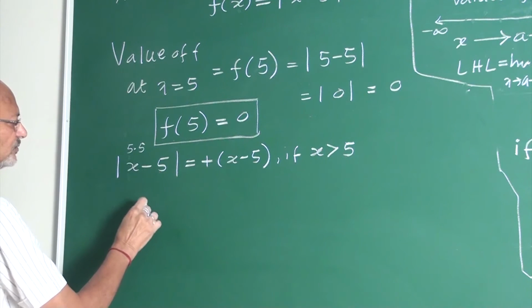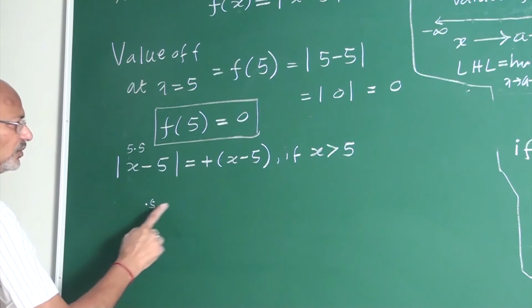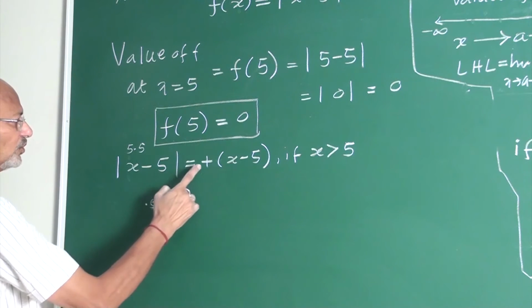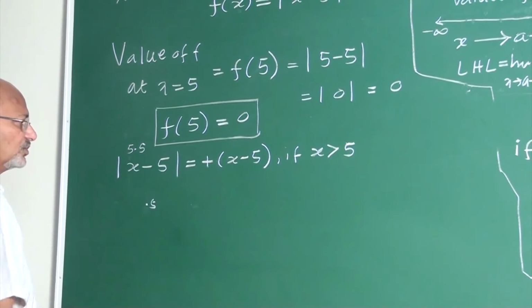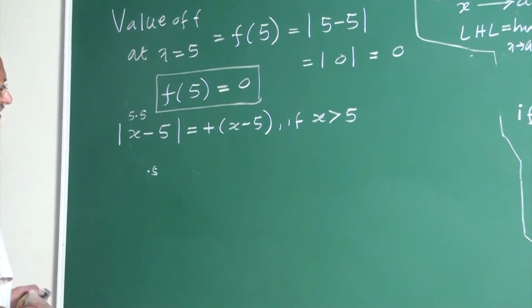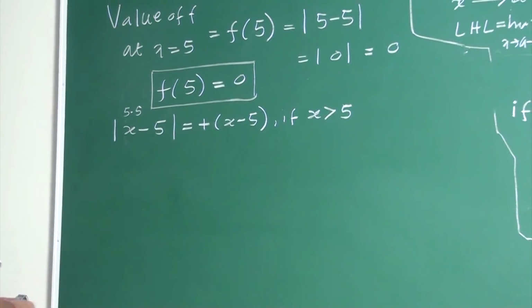5.5 minus 5 means 0.5. What is 0.5? Positive. If it is positive, outside is positive, my friend. It means x is greater than 5, and equal